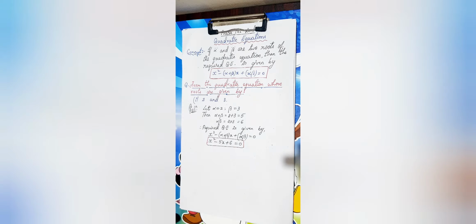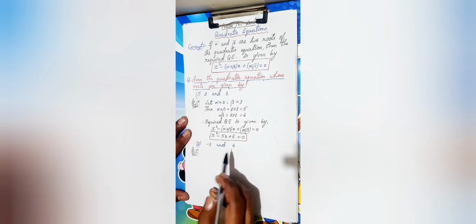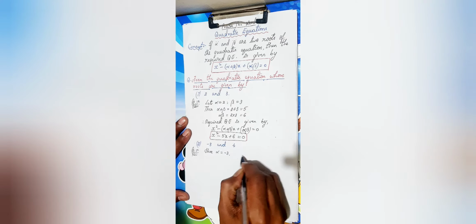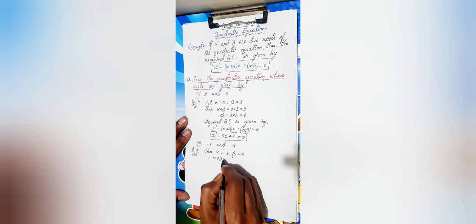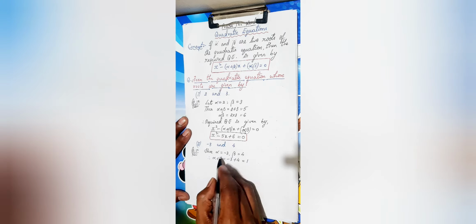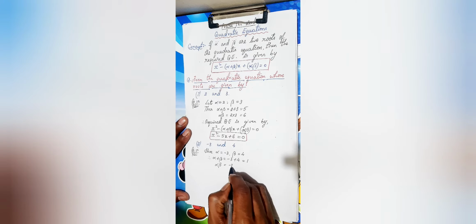So it's very simple to find out the quadratic equation if the roots are given. First I took very simple roots. Let us see how we can solve the next question. In the next question the roots are minus 3 and 4. You can consider here, let alpha be minus 3 and beta be 4. Therefore alpha plus beta is equal to minus 3 plus 4, that is nothing but 4 minus 3, it is 1. Next, alpha into beta is equal to minus 3 into 4, that is nothing but 4 3s is 12 with a negative sign.